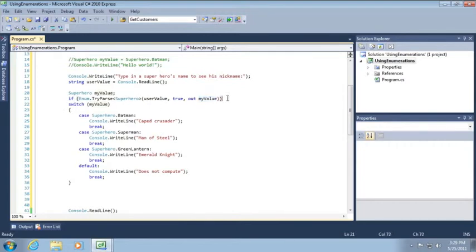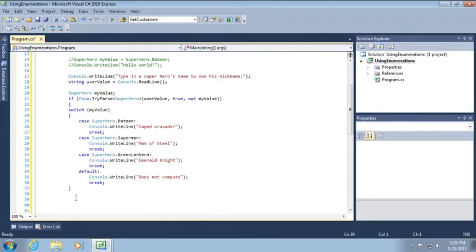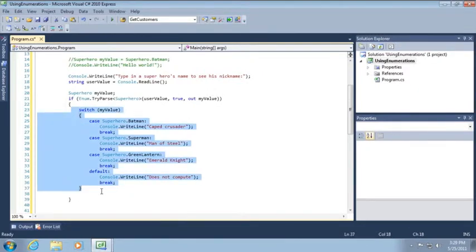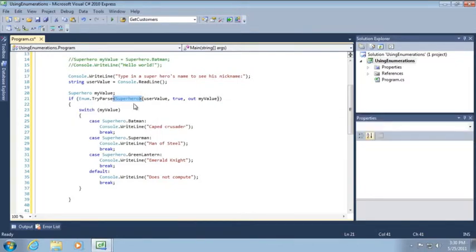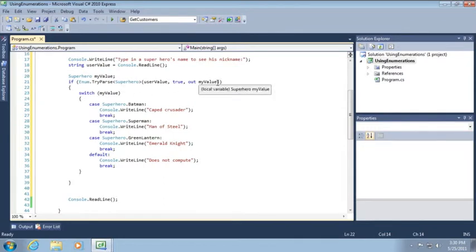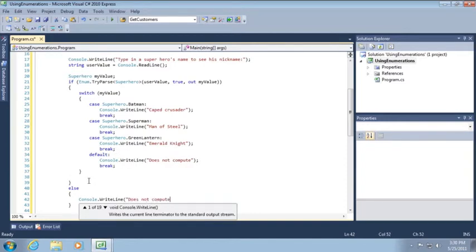So this if statement, we're going to need to wrap the if all the way around our switch statement here. You see how it automatically indented in? So we're going to try to parse out the user value into my value of type superhero. And again, I'll explain these little angle brackets in the next lesson. Just use angle bracket superhero, close angle bracket. All right. So now if it can convert, then it will. If it can't, because somebody typed in something nonsensical, then we might do console.writeLine does not compute. Okay. All right, so now let's save this,